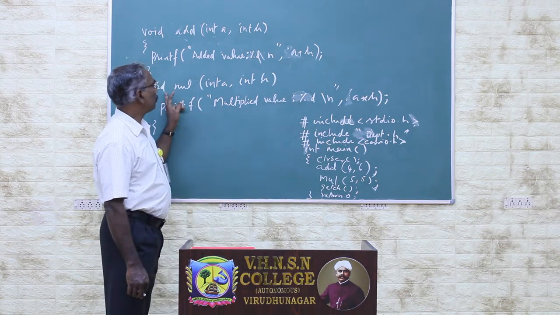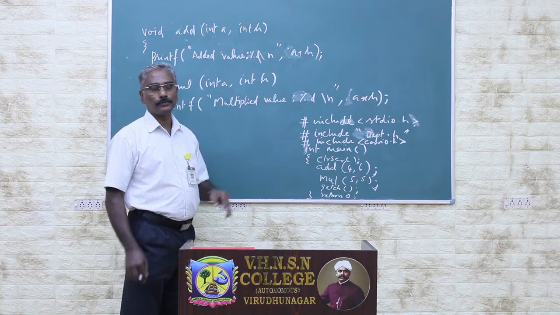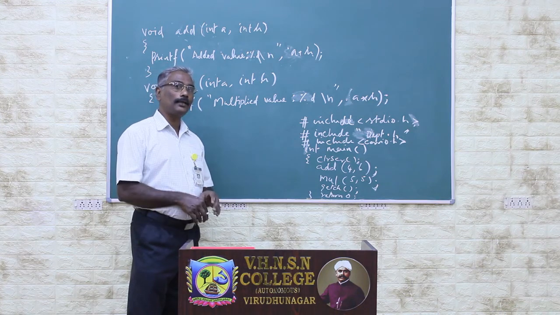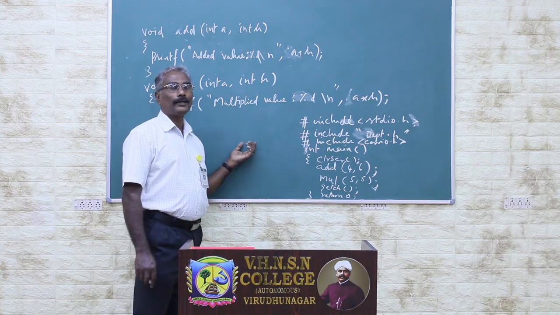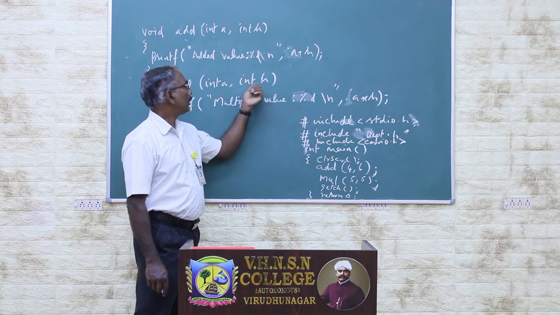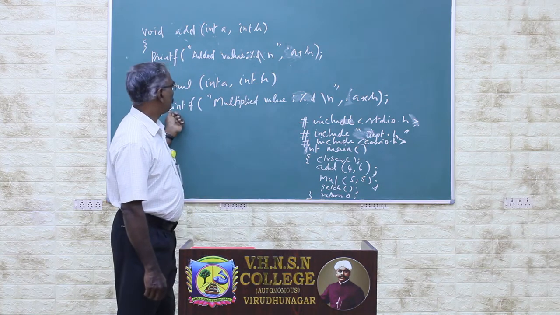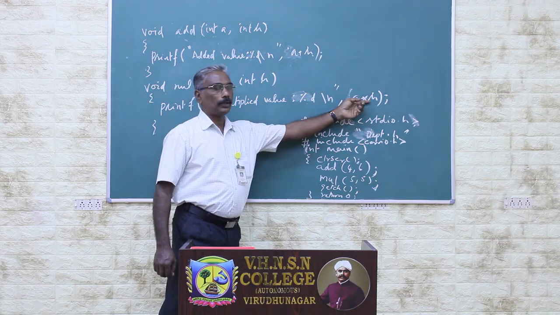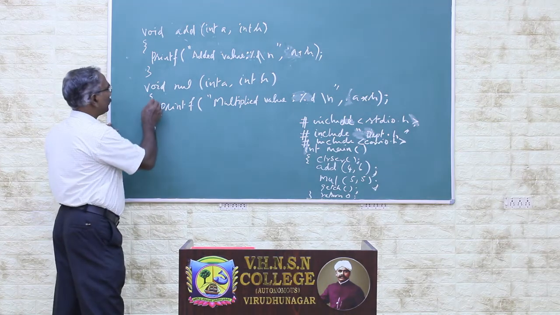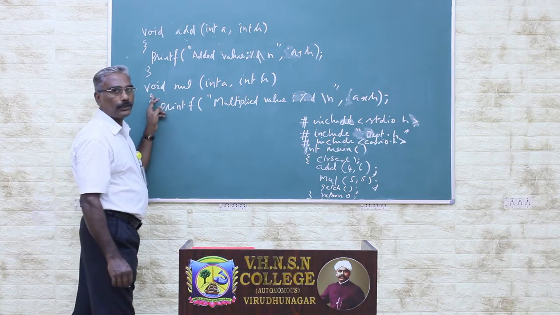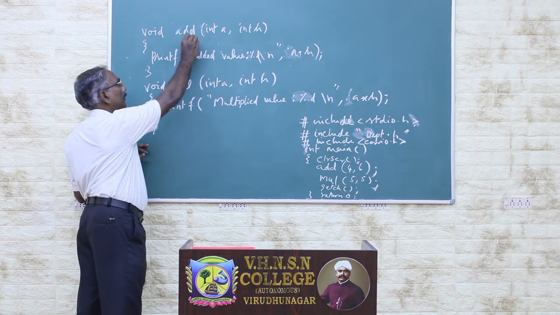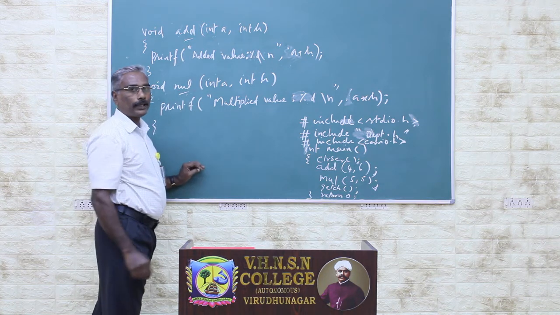At the same time, you are going to multiply the numbers. When you are multiplying the numbers, once again you have to declare the data type of the parameters. Here, I have declared int a as well as int b. Okay, so printf, and you are going to do multiplication, a star b. You keep the block of statements inside a set of brackets. One is for add and another one is for multiplication.